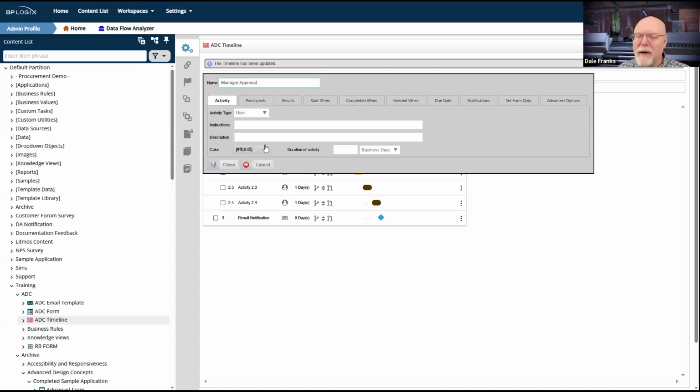Okay, great. I'm, of course, going to reset my color here to the orange. Yep, I picked the orange color I used on my previous one. Happy with that. I am going to need instructions. I've got to tell the user, of course, what I want them to do. I don't want to get too verbose with this for the instructions.